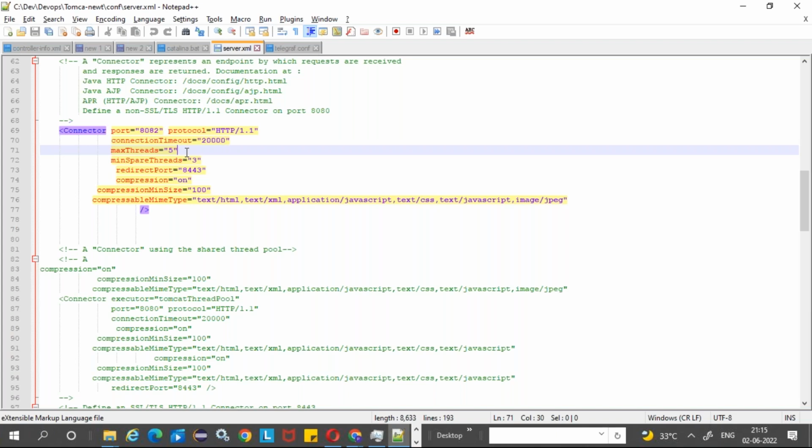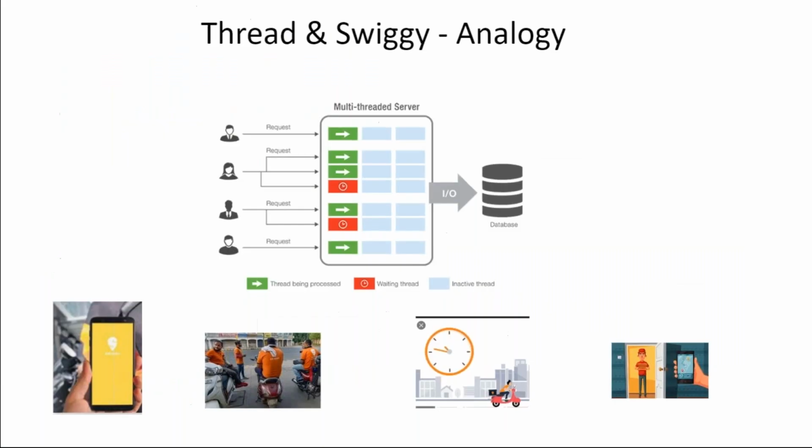Okay, so the min and max is something we configure based on the traffic that is expected, based on the benchmarking that we will do in your project. The configuration will happen in the server.xml for the min and max. Okay, fine. So I wanted to tell you about a couple of things from a thread, the various states